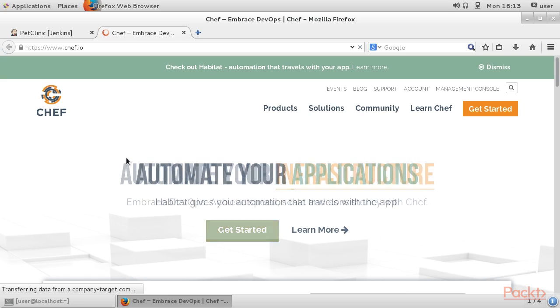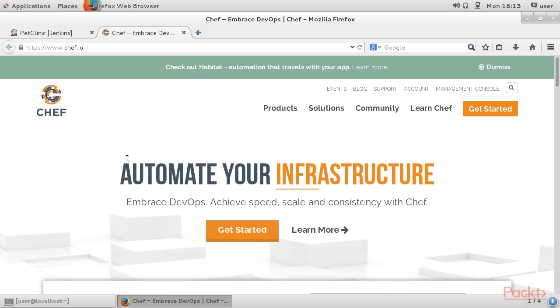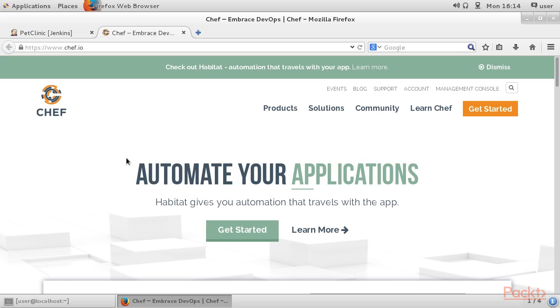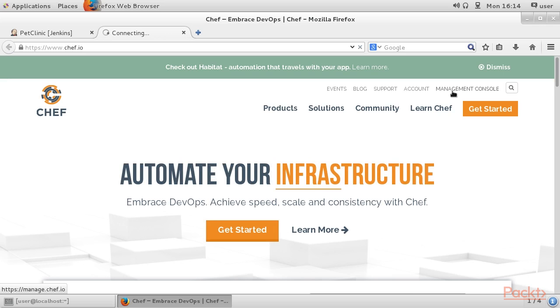Take a look at the Chef website. You will see the Chef homepage like this. There are a lot of details available here about Chef and cloud-related integration, as well as Knife plugins. We will create a hosted Chef account in the next section and configure it with a local workstation. To proceed, click on the Management Console link in the top right corner of the Chef website. Now that we know the basics of Chef,